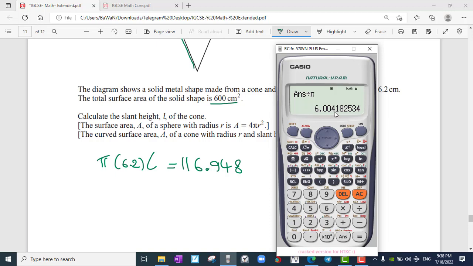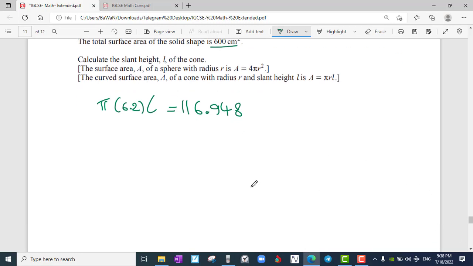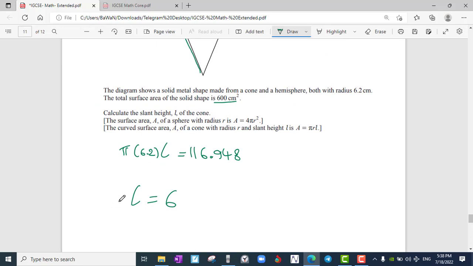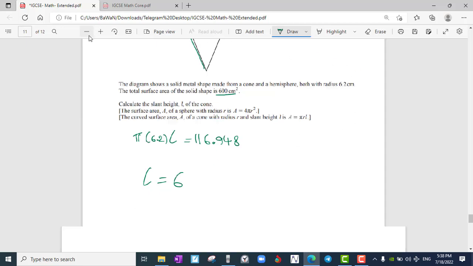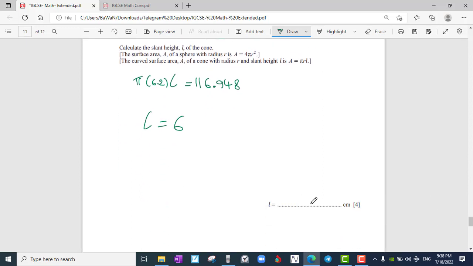6.004, and to write the answer to three significant figures, 1, 2, 3, it's just 6. So the slant height is just 6. L is equal to 6. There is a common mistake. Students are rounding all the three steps and the answer will be a little bit far from this. It will be 5.75 somehow, but the right way is to keep the answer as exact as possible, only round the final answer. That's what the cover page says. The answer is 6